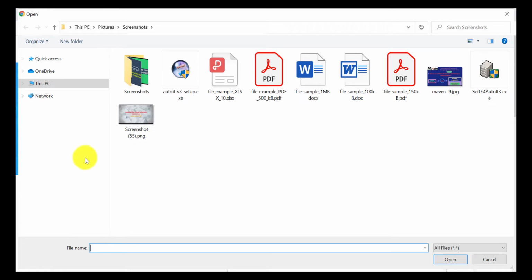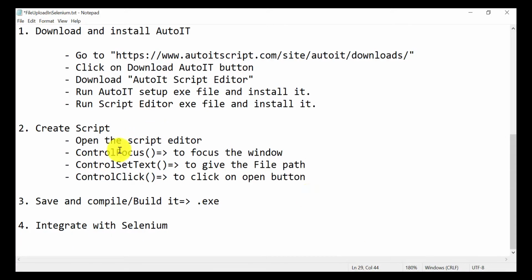This is the Windows pop-up. For that purpose we use this command, ControlFocus, to focus the window. Then ControlSetText. This method is used to give the file path.